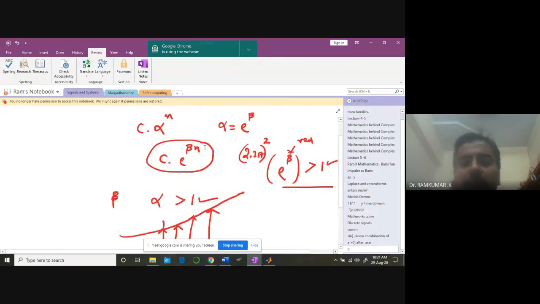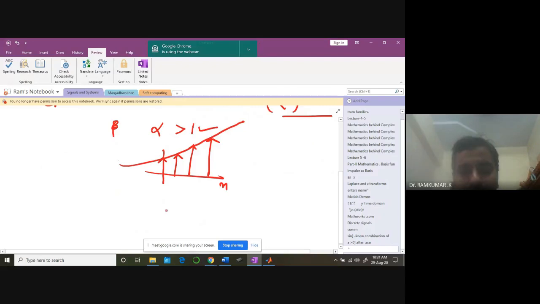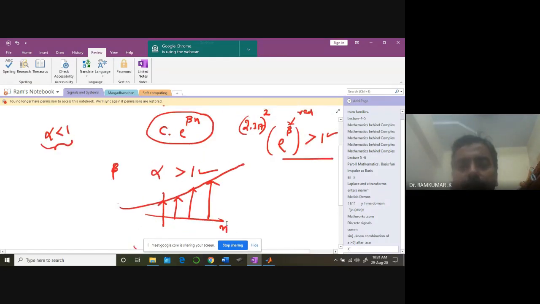Okay, in the same manner, what is the next idea? When this alpha is going to be less than 1, what will happen? My series will go down. Okay, I'm going to get the samples. Why? When alpha is less than 1, it is lying between 0 and 1. If it is lying between 0 and 1, what happens to any value, for example,